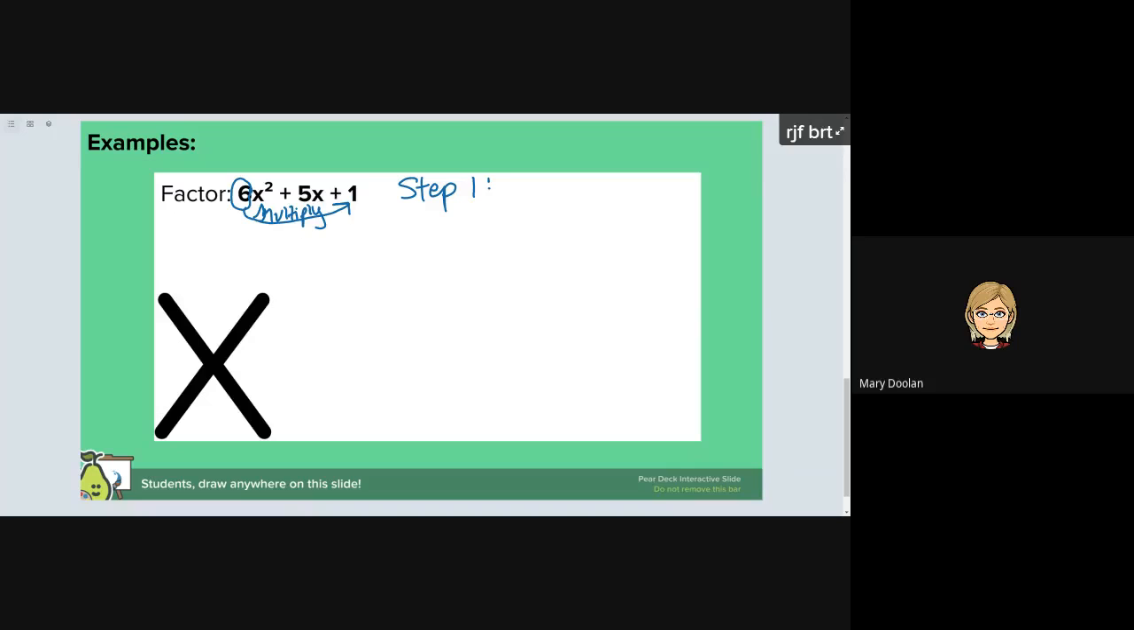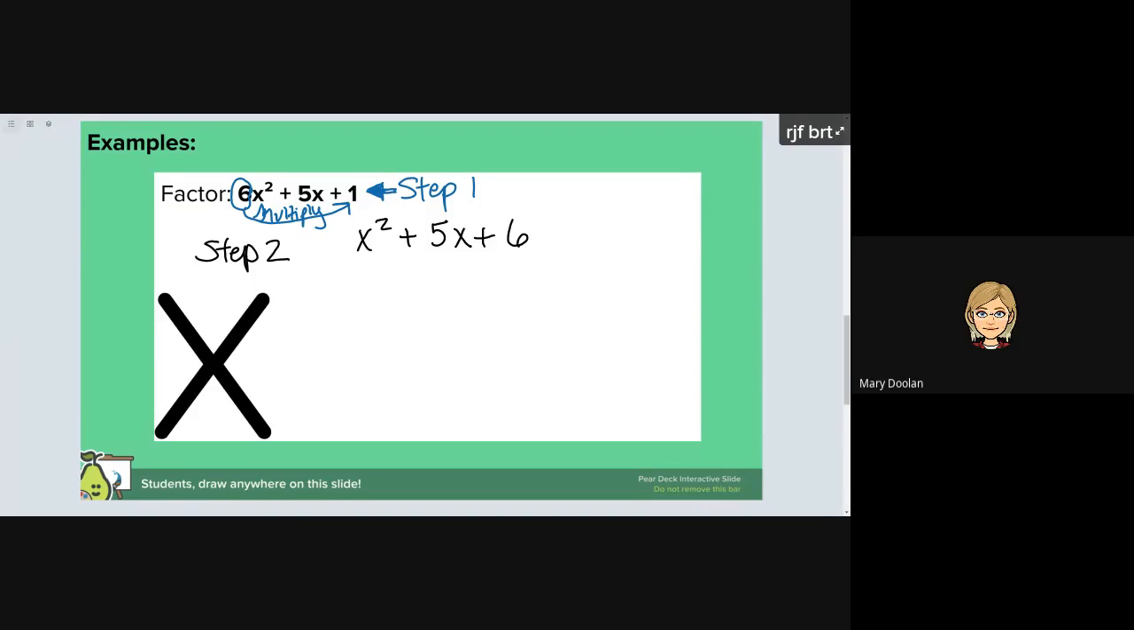So I'm going to rewrite this as 6x squared plus 5x, and then 1 times 6 gives me 6. So now I have something that looks like what we were working with on Monday. And we're going to factor this. So the second step is to factor x squared plus 5x plus 6. So step 2,